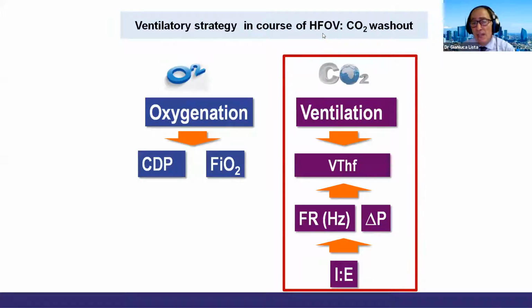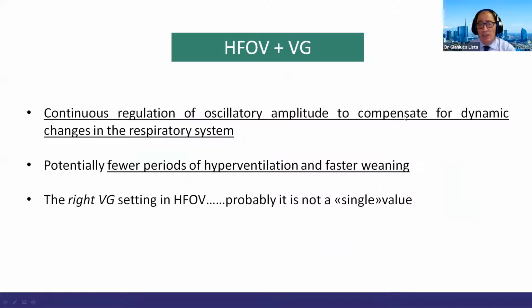What happens during high-frequency oscillatory ventilation? We can use the same strategy. We can also use a control of the tidal volume during high-frequency oscillatory ventilation. We can use the volume guarantee. The volume guarantee during high-frequency oscillatory ventilation is a continuous regulation of oscillatory amplitude to compensate for dynamic changes in the respiratory system. This modality of mechanical ventilation seems to be associated with fewer periods of hyperventilation and